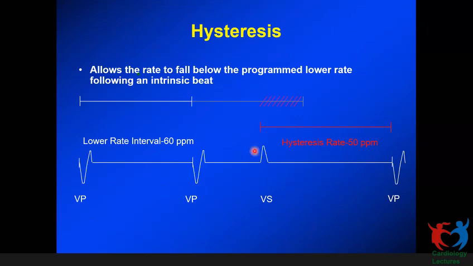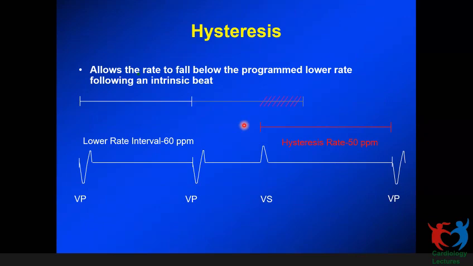And we have also switched on a hysteresis rate for this patient, and we programmed the hysteresis rate to be 50 beats per minute. So that means on sensing, the pacemaker will not start a lower rate clock. It will start a hysteresis rate clock, so that this clock will run for 1200 millisecond according to this rate. And if there is one more V-sense that happens before the expiry of 1200 milliseconds, let us say at 1100 millisecond, which will be a rate of 55, then it will start one more hysteresis cycle,